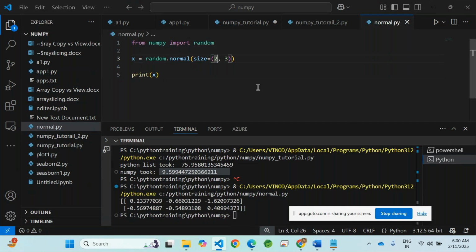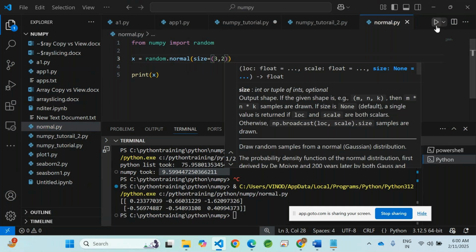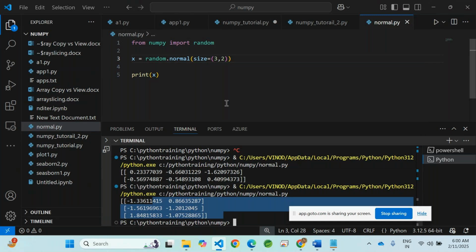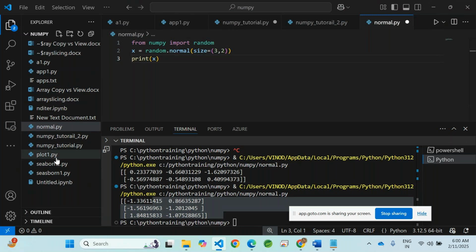Suppose if you give 3 rows and 2 columns, accordingly it will generate. Next is